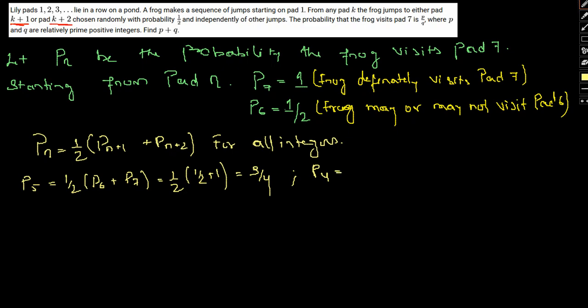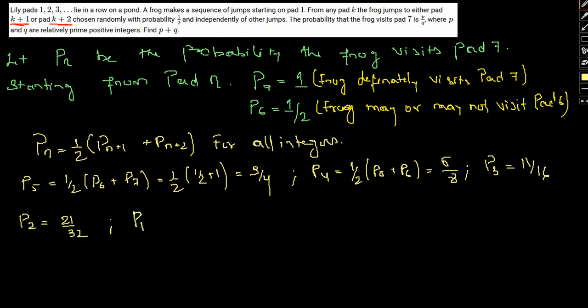P of 4 being again 1 by 2 times P of 5 plus P of 6, similarly giving us 5 by 8. And if we continue again, P of 3 similarly will come out to be 11 by 16, P of 2 would come out to be 21 by 32, and finally P of 1 would come out to be, let me just show you,